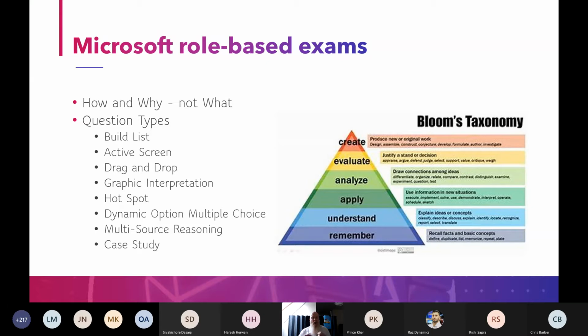Now, the way Microsoft writes questions, there's a pool of questions. There's probably a pool of around 150 questions for this exam, and you'll get a third of them. On the case study, it's the same. Every case study has a pool of questions and you only get a subset of them, but you get the whole text. You get the whole explanation, and that explanation will cover all the questions.